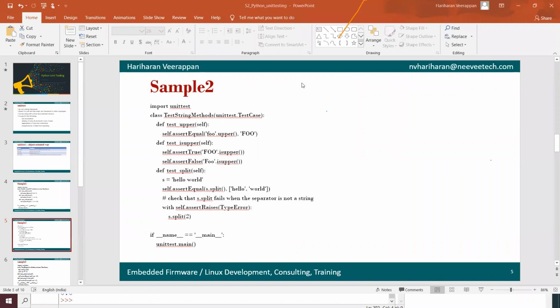Maybe we can write the test cases accordingly with respect to our module.